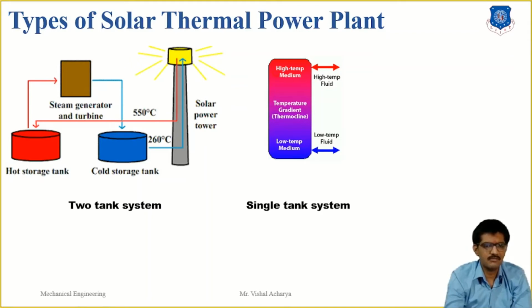Sensible thermal energy storage technologies have been tested and implemented since 1985. These include the two tank direct system, also called the two tank indirect system, and the single tank thermocline system. In the first figure is the two tank system and the second figure is the single tank system. In the two tank system, direct or indirect is also available.